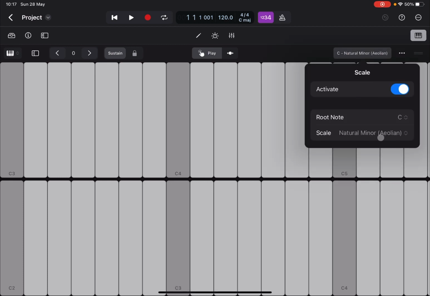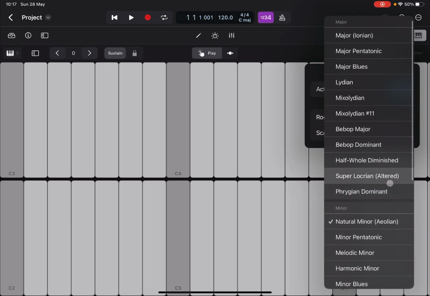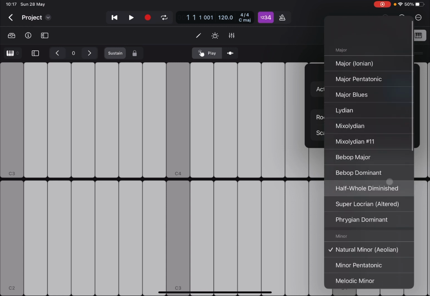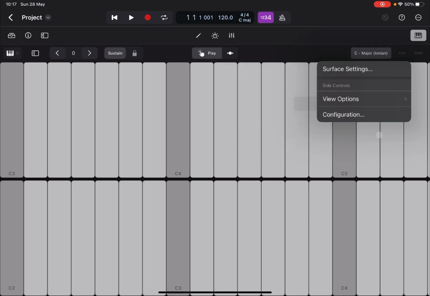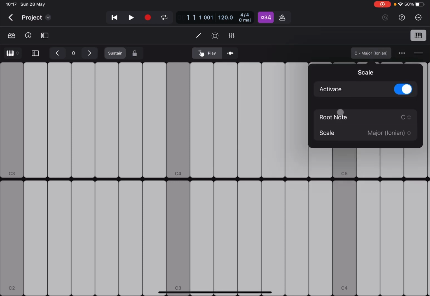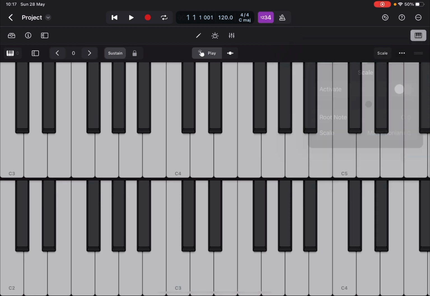And yeah, a lot of different options to choose from, a lot of different scales. Really nice. And of course you can change the root if you want to,